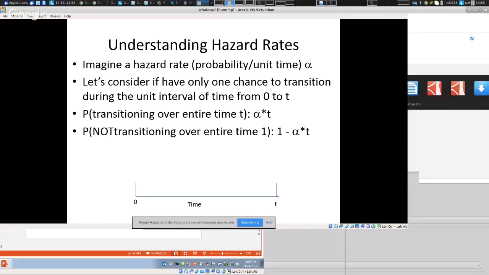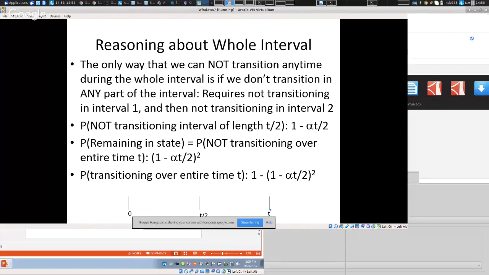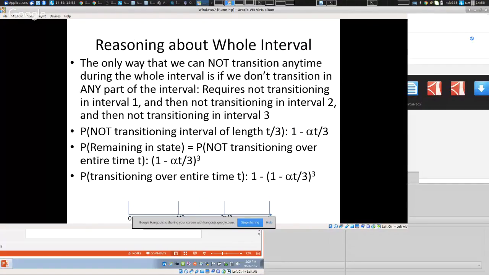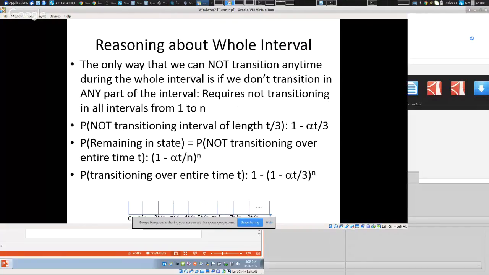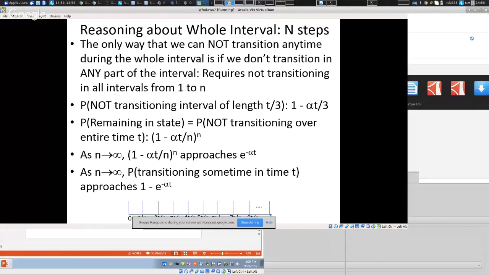I made an argument: suppose we had one chance of only leaving between time 0 and t. What would be our chance of leaving? Now suppose we had 2, suppose we had 3, now suppose we had n. And I argued that if we let n go to infinity, it implies that the value of the stock decreases over time as e to the minus alpha t,